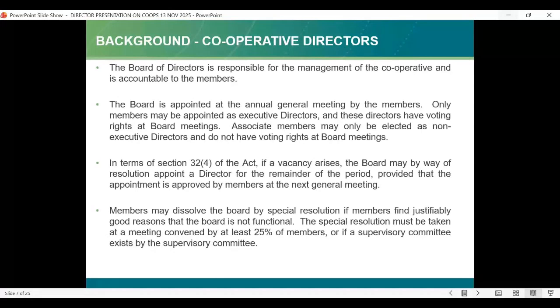So in terms of Section 32, subsection 4 of the Act, if a vacancy arises, the board may, by way of resolution, appoint a director for the remainder of the period, provided that the appointment is approved by members at the next general meeting. One other thing that is also very important is that members also have powers to